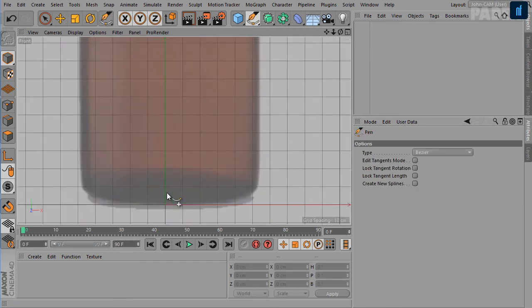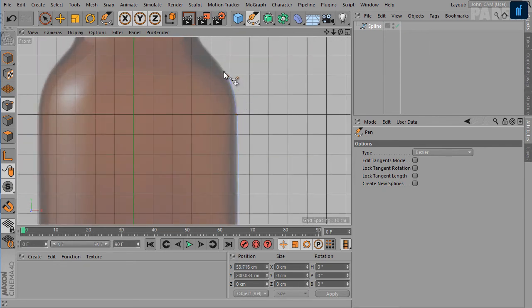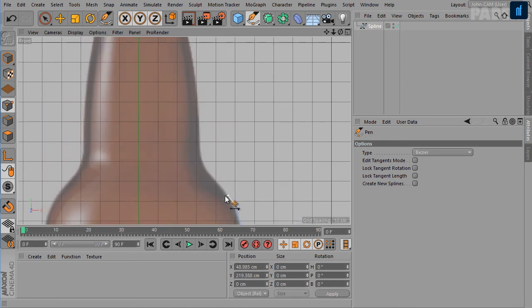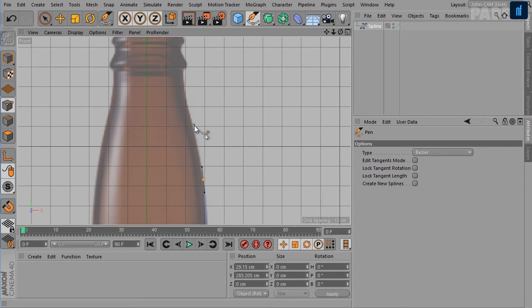So activate the pen tool and start drawing the profile of this bottle. I'll click here once, because this is the point where I want to create the level for the liquid.